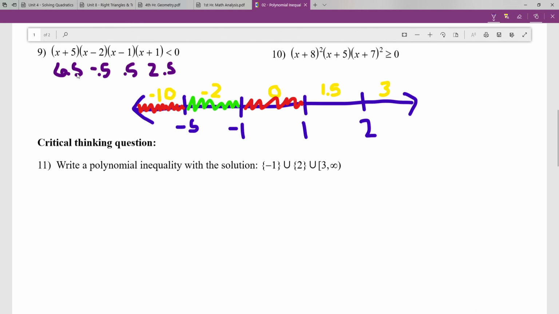So we have a positive times a negative, which will make a negative, times a positive stays negative, times another positive stays negative. So we're looking for a negative number for our good intervals. This one is good. All right, I'm going to clear this out, and we're going to do our last step